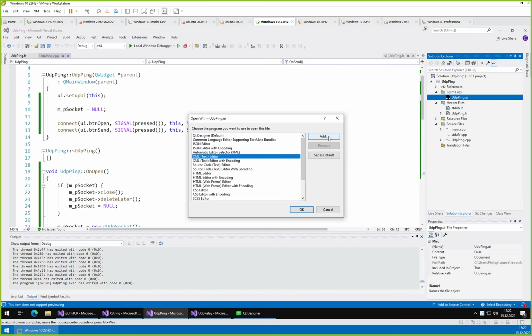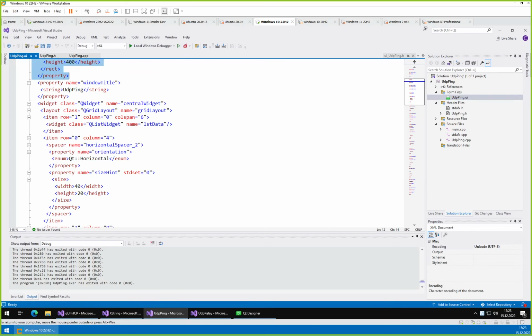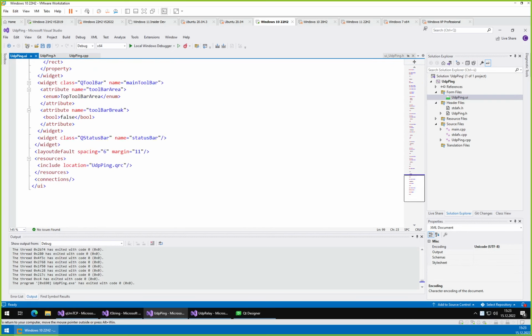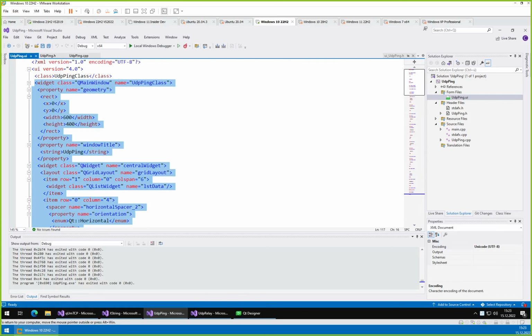I mean, we only need a portion of it, but we still can just copy and paste more or less the whole thing with UI, yeah,